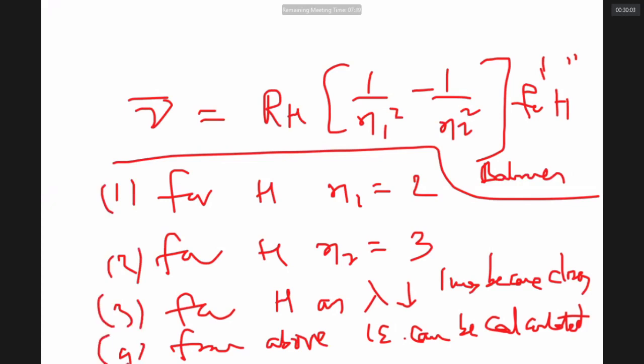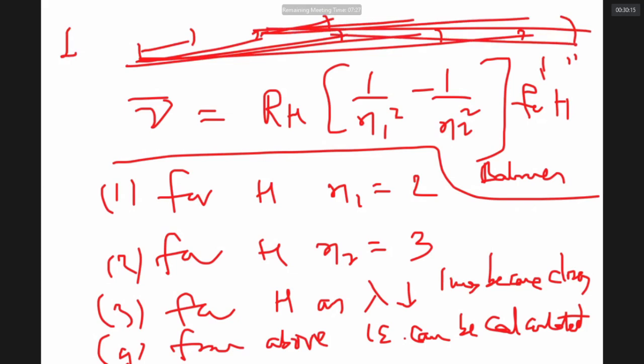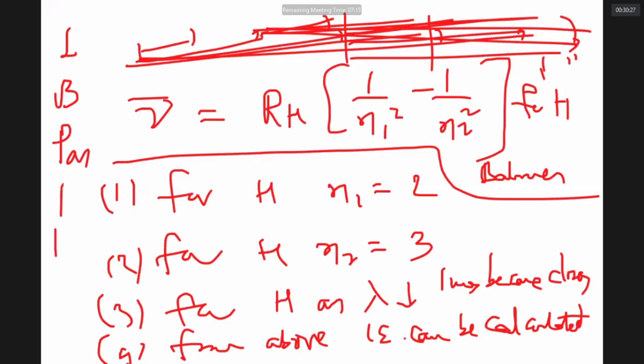You know, when the electron is going from 1 to 2, 1 to 3, 1 to 4, 1 to 5, 1 to infinity, that is called Lyman series. If the electron is coming from 2 to 3, 2 to 4, 2 to 5, 2 to 6, 2 to 7, or anybody to 2, that's called Balmer series. If the electron is going from 3 to 4, 3 to 5, 3 to 6, and so on, that is called Paschen series. You know all that. So in Balmer series, the lowest energy level considered is only the second level. So statement 1 is right. Yes or no? Yes, sir.